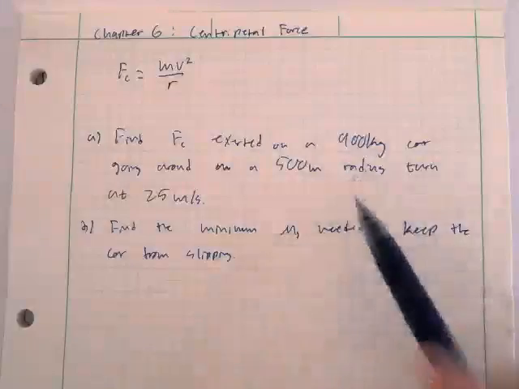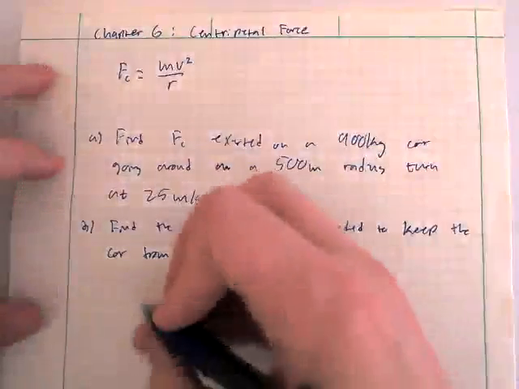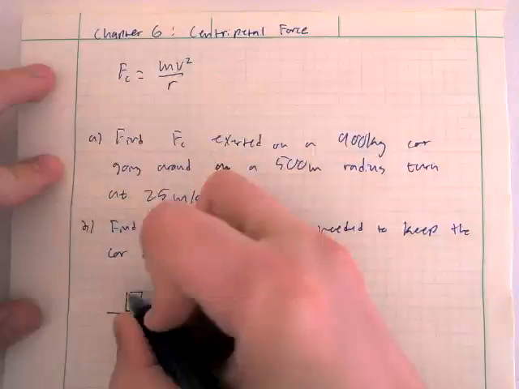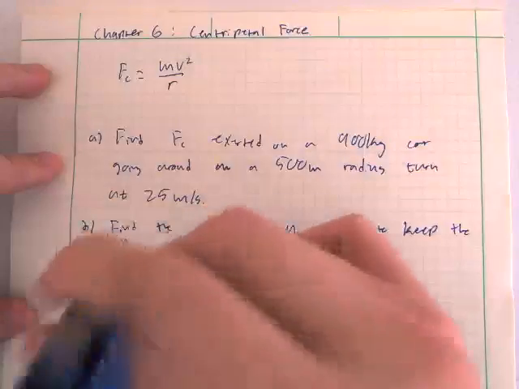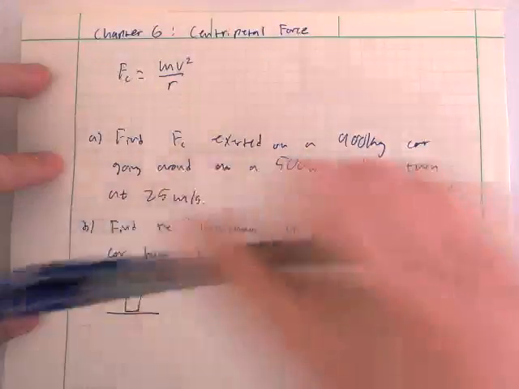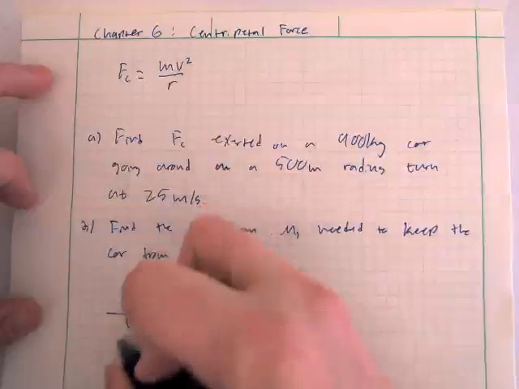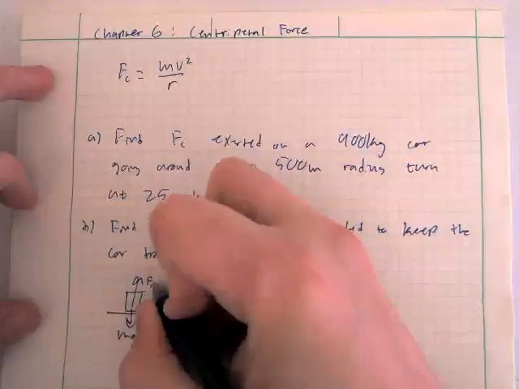Second part. For the first part, though, let's figure out what this force is. Let's draw our free body diagram again to make sure we're all on the same page. Here's the back view of my car. We're saying the car is traveling into the page, turning to the right as it does so, and we're looking at it from the back. My forces on this: we have mg pulling it down, we have the normal force pulling it up,